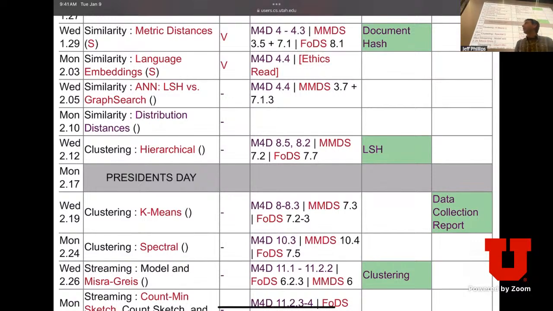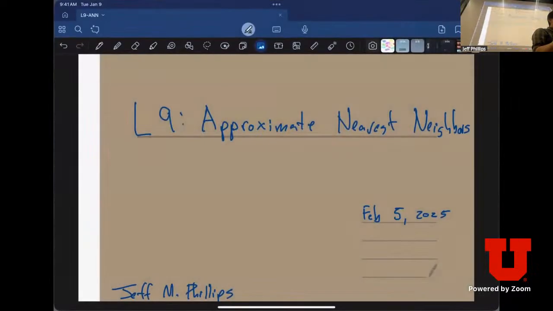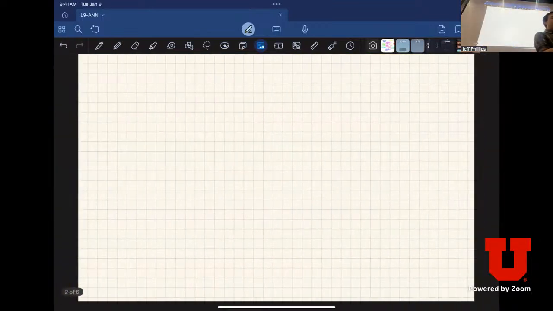So that's the schedule. And then, okay. So the main topic today will be approximate nearest neighbors. And so the premise today is we're going to have a